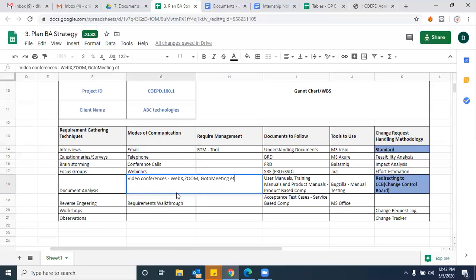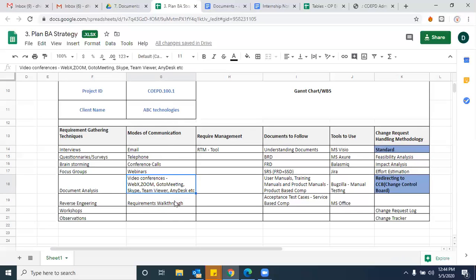Any other? Skype. Even Skype, yes, a couple of people are using Skype. Even a couple of people are using TeamViewer as well. Or even nowadays AnyDesk. Possibly you have heard of AnyDesk. Even AnyDesk, a couple of people are using. It's an open source tool. So what sort of modes of communication are you planning?